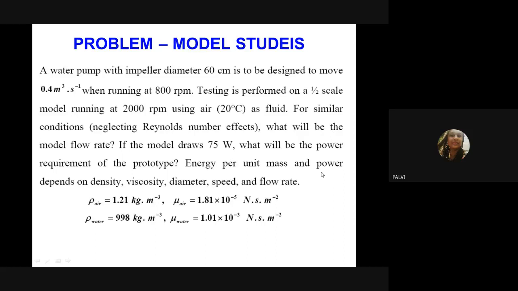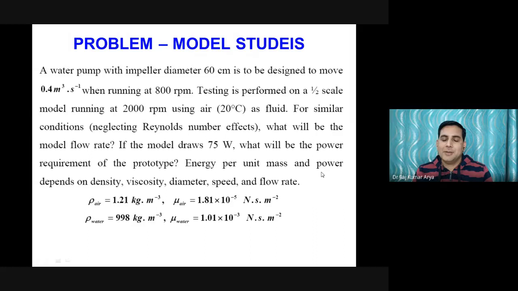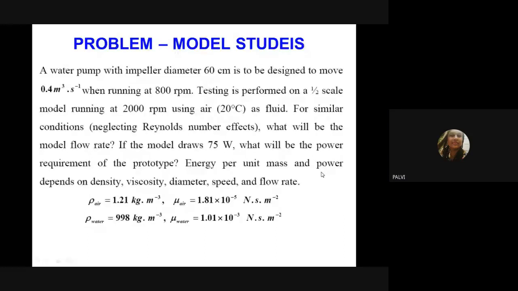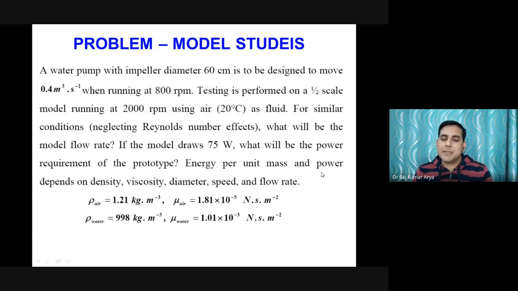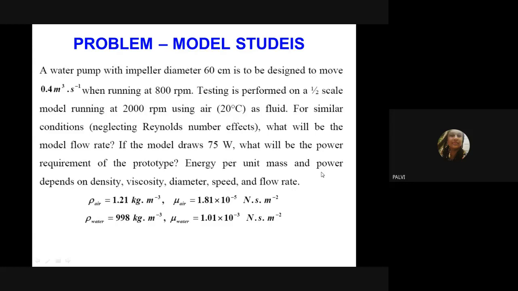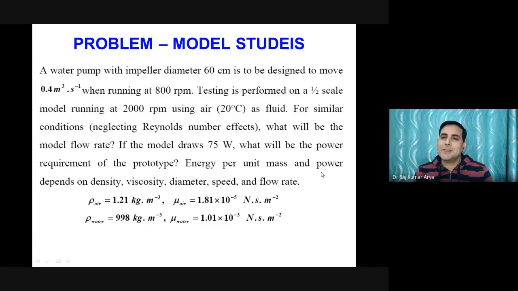Mohit, are you speaking? Sir, first is impeller diameter, okay, flow rate, fine, then the actual prototype, that is 800 RPM. RPM is not a parameter, so you can say it's speed. Okay, that is one parameter. Yes, speed, and the model's 2000 RPM speed. Speed is a common thing. Speed is one parameter. Model and prototype is okay.